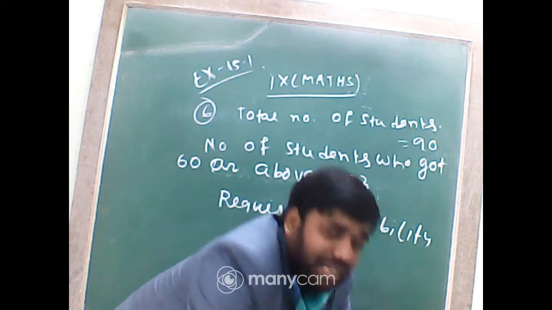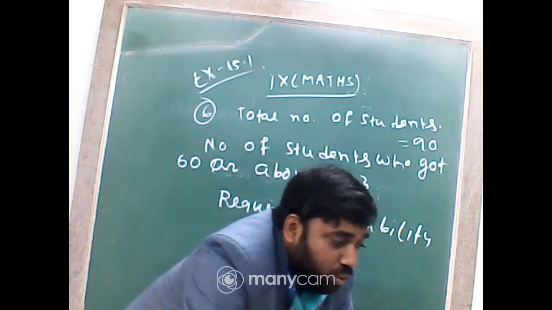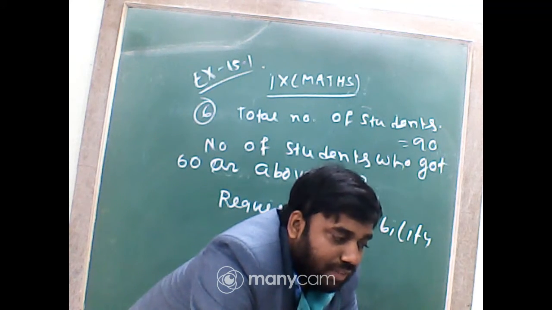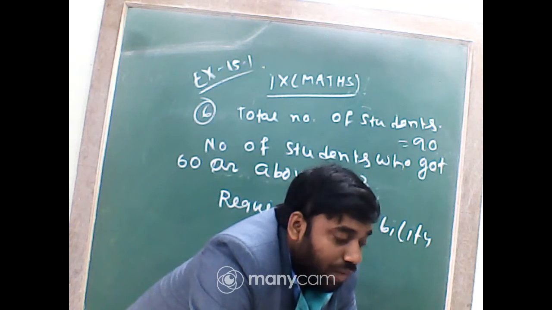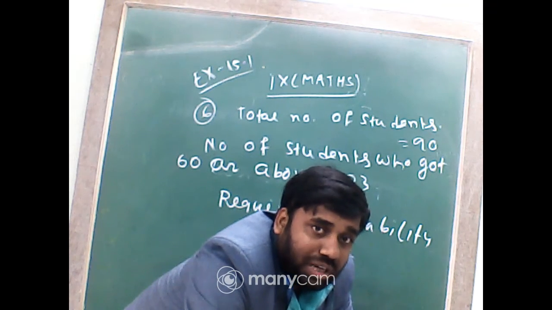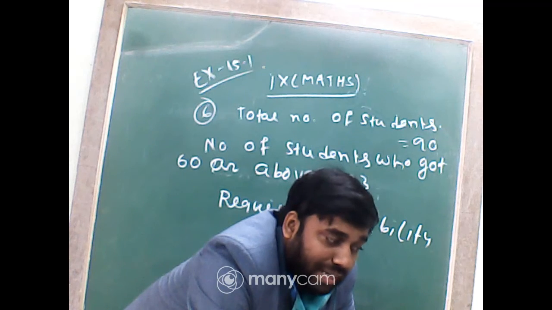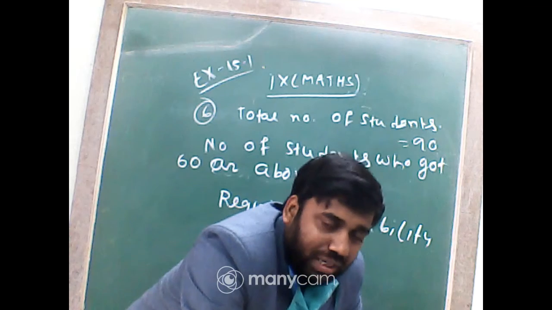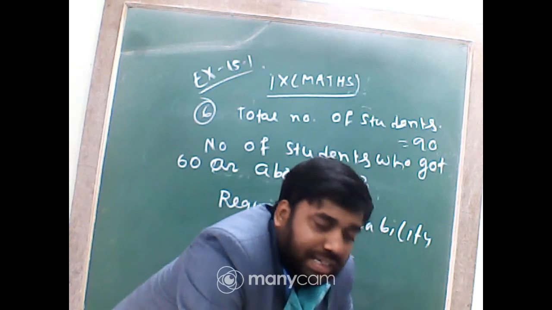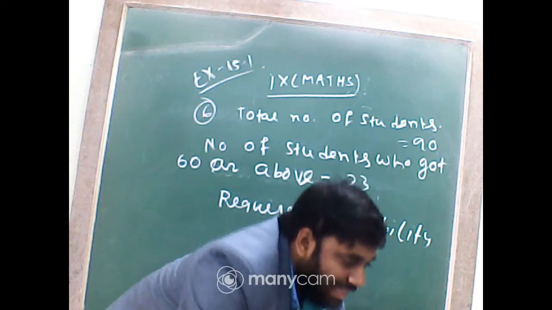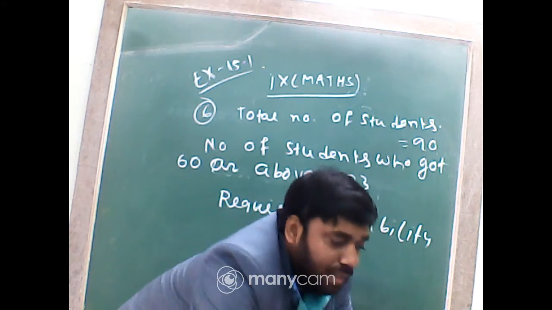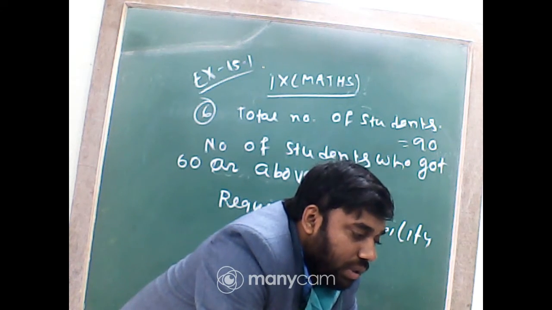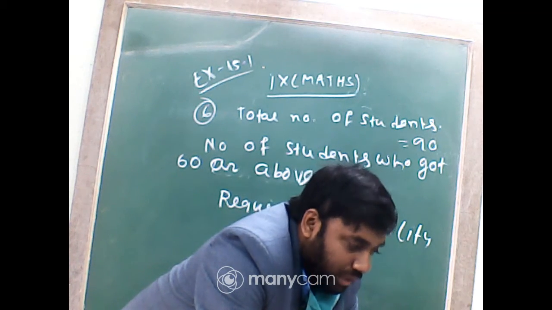Question number 7 is very easy. There are 200 students. Among them, 135 students like statistics and 65 do not like statistics. So find the probability of choosing a student who likes statistics. The answer will be 135 by 200, and for dislike statistics, that is 65 by 200. Okay, it's a very easy question. That's why I am skipping. If you have any problem, the solution of that sum is also available on our YouTube channel. You can watch it.